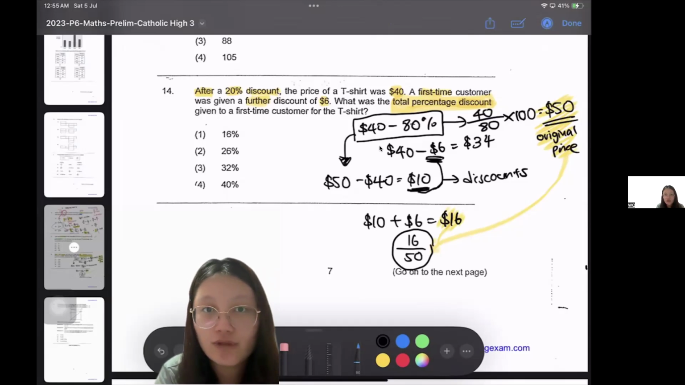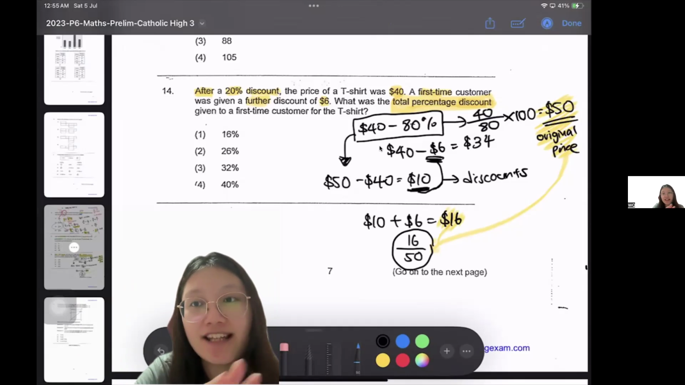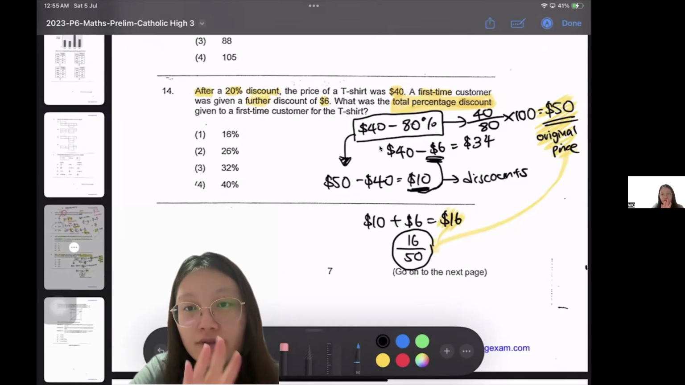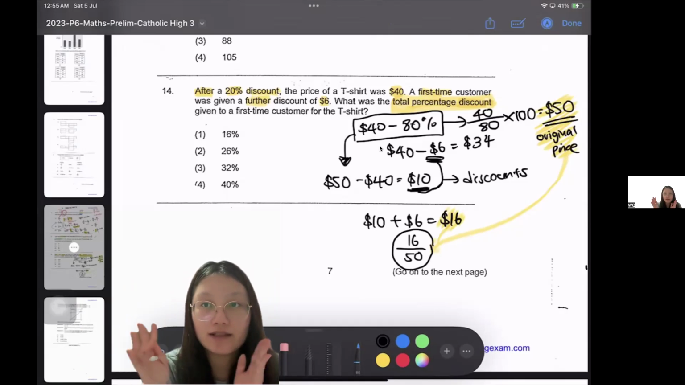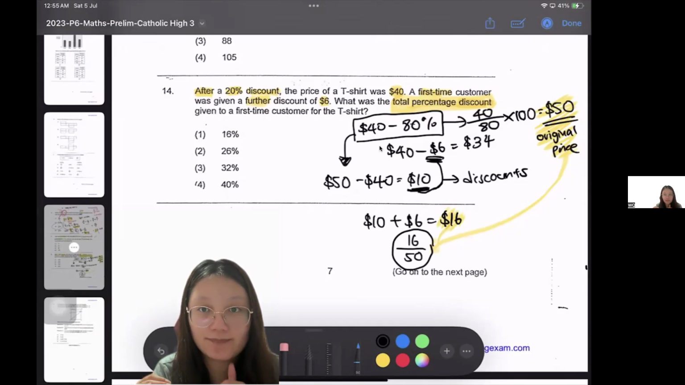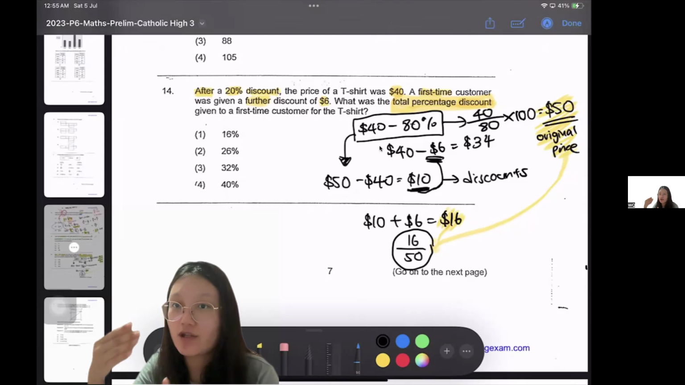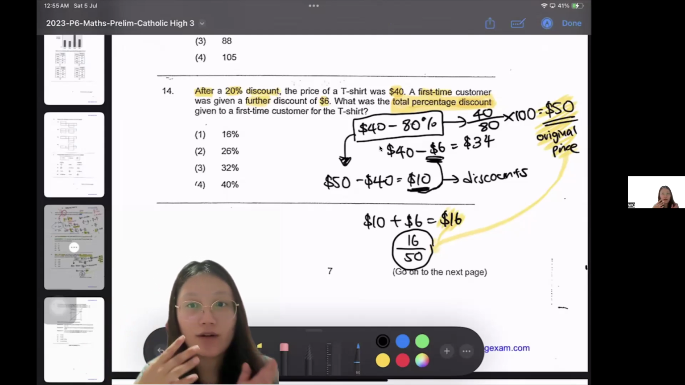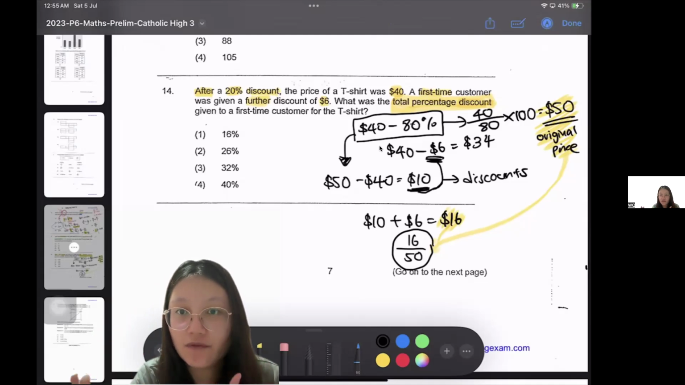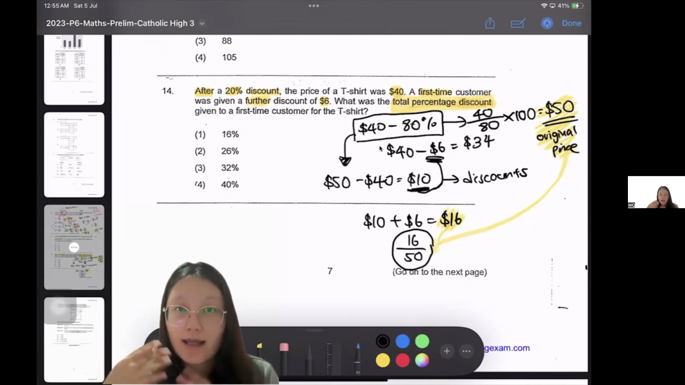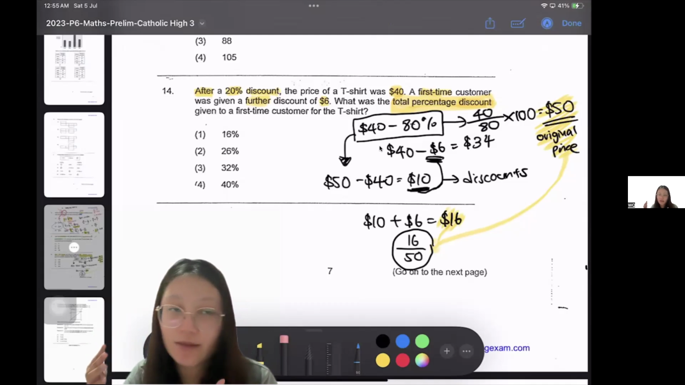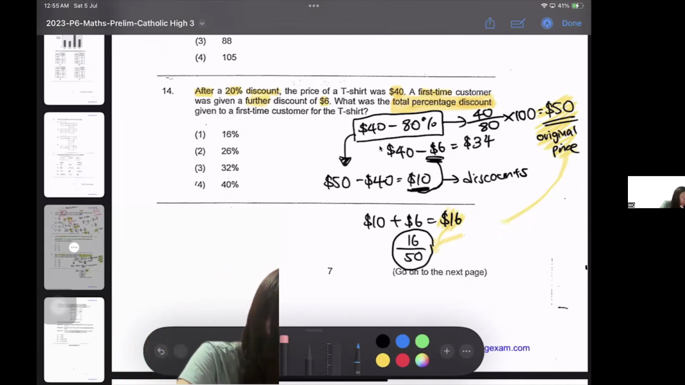This 16 out of 50, you need to simplify it and it will give you the percentage discount. It will give you the total percentage discount. Why? Because it gives you a percentage of the total that the amount of discount given is. The total amount of money discounted is $16, right? Then you need to use the total amount of money discounted and put it as a fraction of the original price. This will tell you the fraction discount given. The fraction discount given is the same as the percentage given because remember 80%,